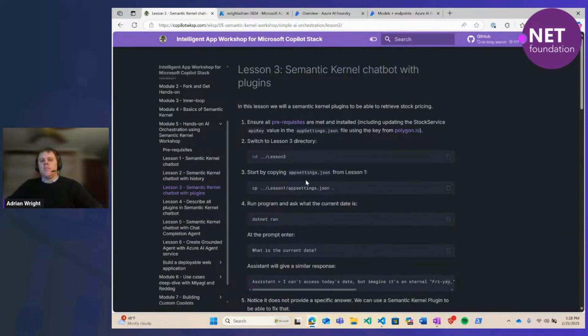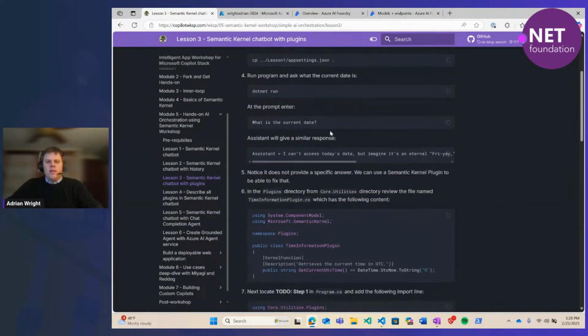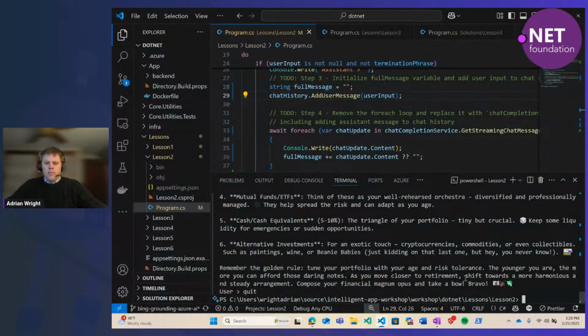This is where it starts to get more interesting with Semantic Kernel, adding in some plugins. So as Jorge mentioned, LLMs are trained on massive amounts of data. They can do wildly complicated things, but they can't do some very simple things like tell you the current date. They're just trained on data that has been gathered from many sources, but they don't necessarily have access to real-time information. So if I run this again,